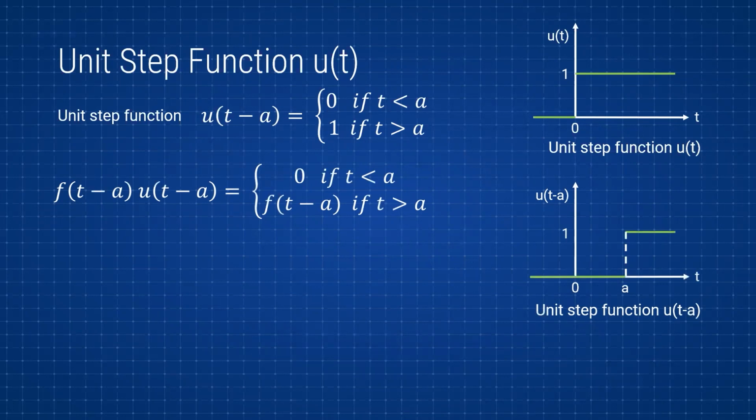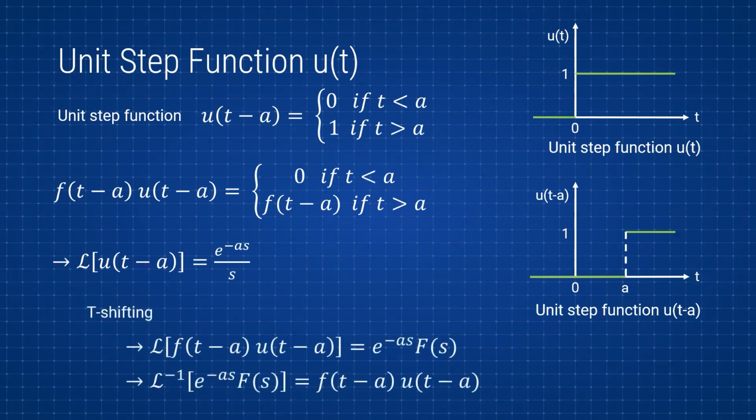We also talked about how if you multiply a function times the unit step function, before a the value is 0, and after a that function basically starts. So the Laplace of the unit step function u(t minus a) equals e to the negative as over s. This is the Laplace transform of just the unit step function with nothing else multiplied. If you multiply something times the unit step function, for example a function of t minus a, then